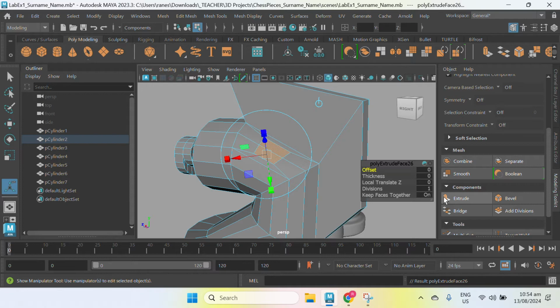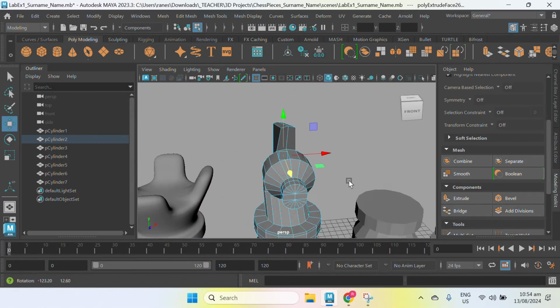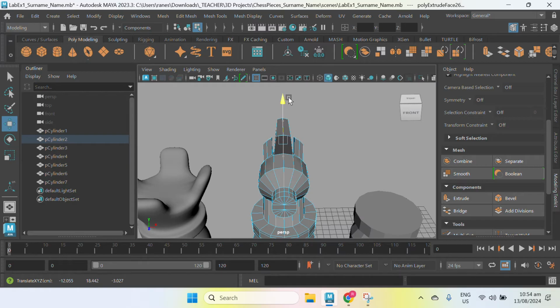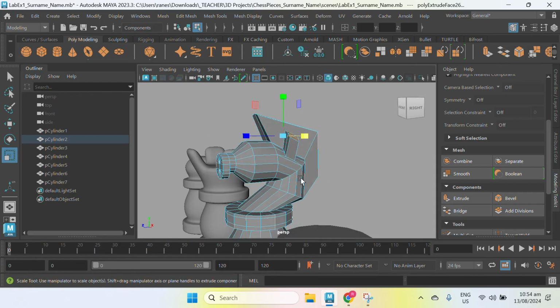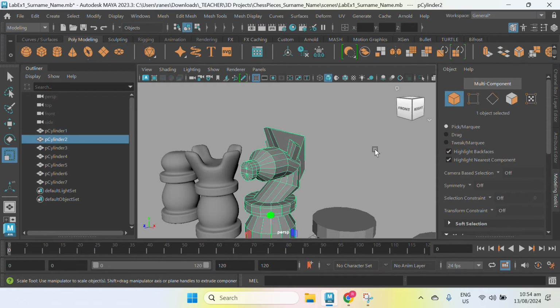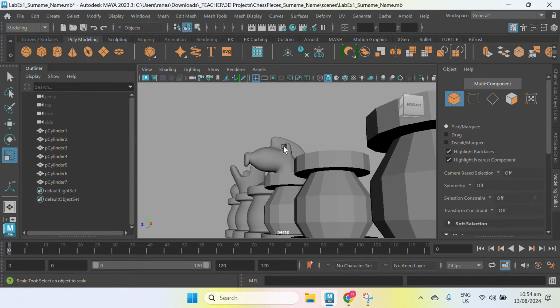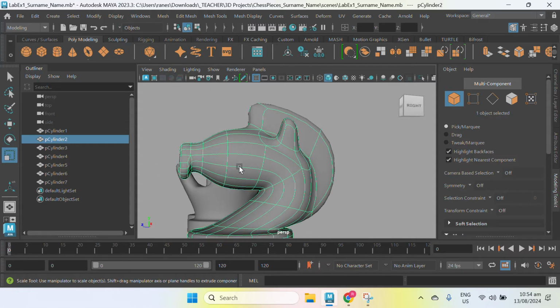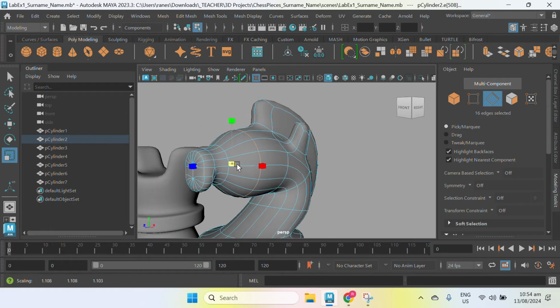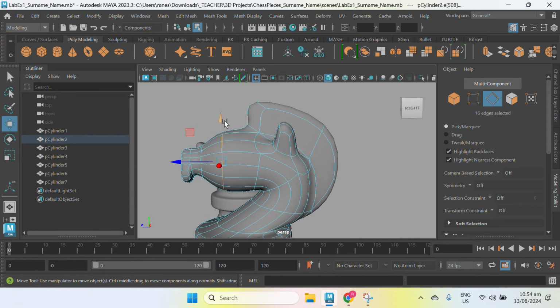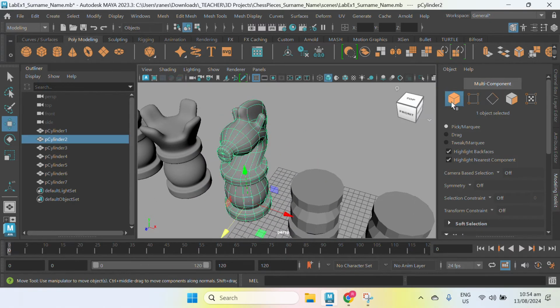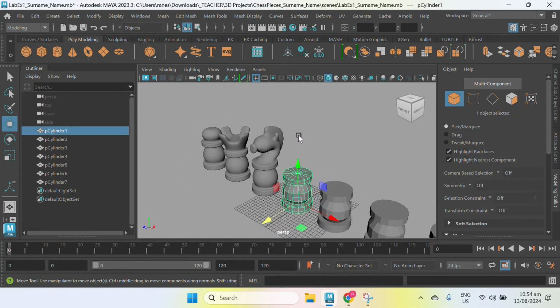Next, extrude W, arrowhead upward, and rescale to spread the ears. Next, go back to object mode, and then press 3 for smooth preview. So if you want, you can still modify the vertices, edges, it's up to you. And then go back to object mode. Moving on to the next piece, I will create the